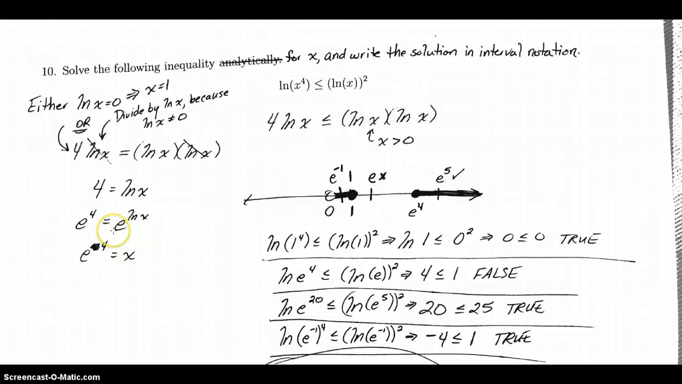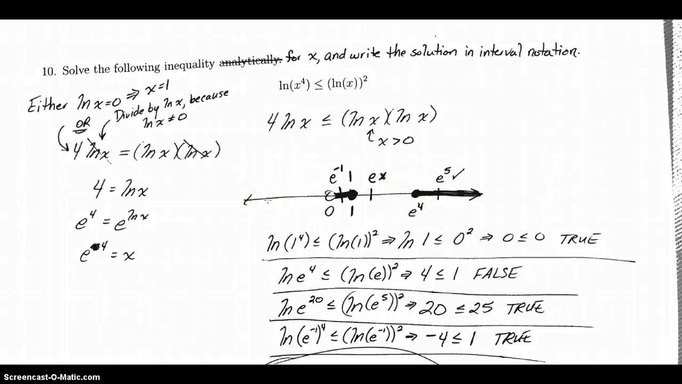But anytime I divide by something that could be 0, I have to include that as a possible solution. So that's why I write either ln x equals 0, in which case we can solve and find that x equals 1, or, and then I show what would happen if I cancel out and divide by ln x on both sides. So that gives me my 2 critical points of x equals 1 and x equals e to the 4th, and then I just test the